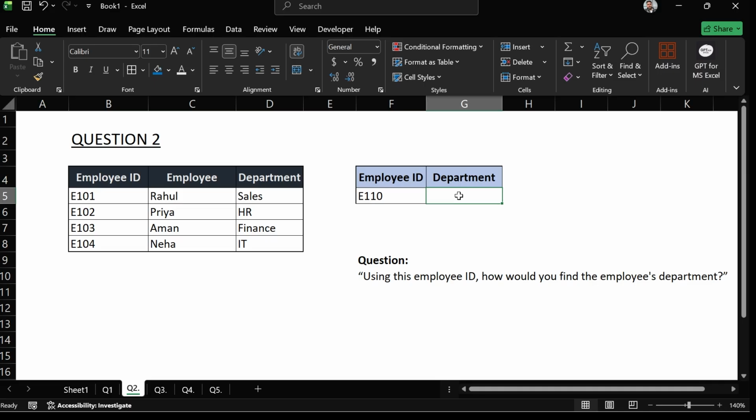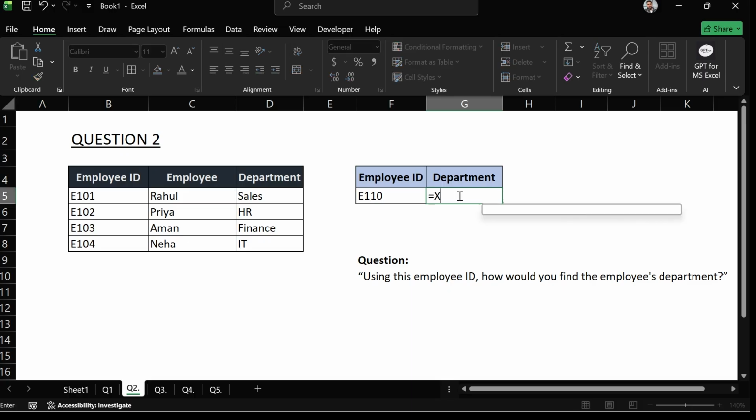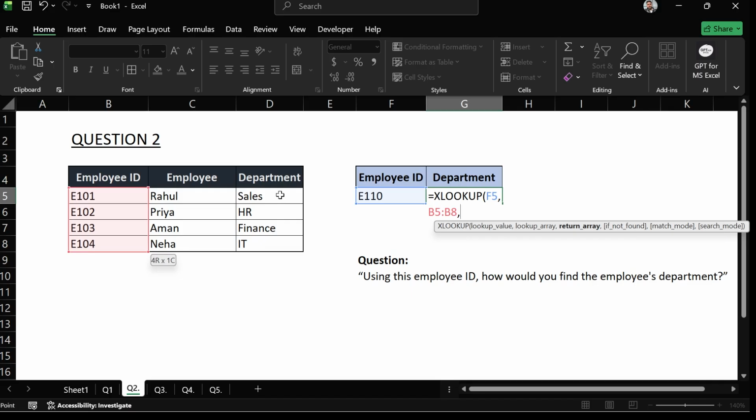Okay, perfect. I believe that you must have given it a go. Now in this case, we have one condition, so we could use XLOOKUP because we are looking for the department associated with the employee ID. The lookup value is this employee ID, the lookup array would be this employee ID column, and the return array would be this department array. We could press enter and we'll get our answer, but in case you don't have this employee ID,